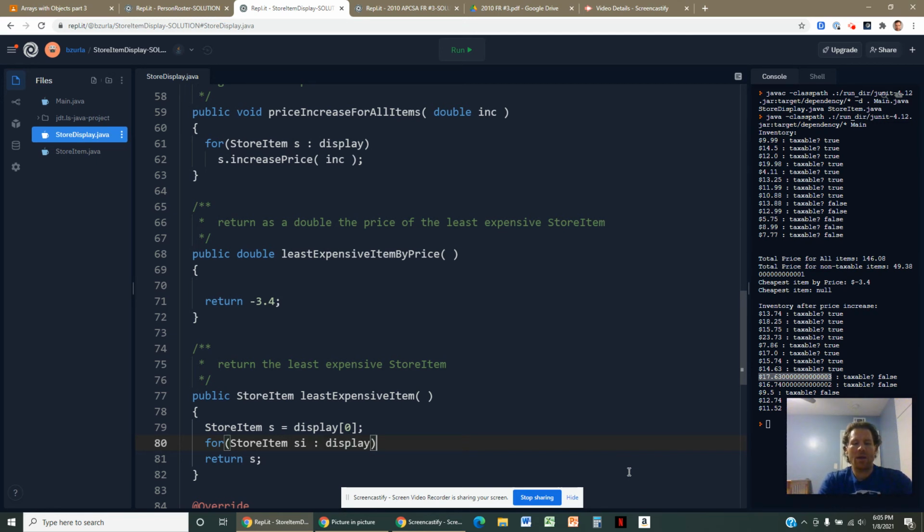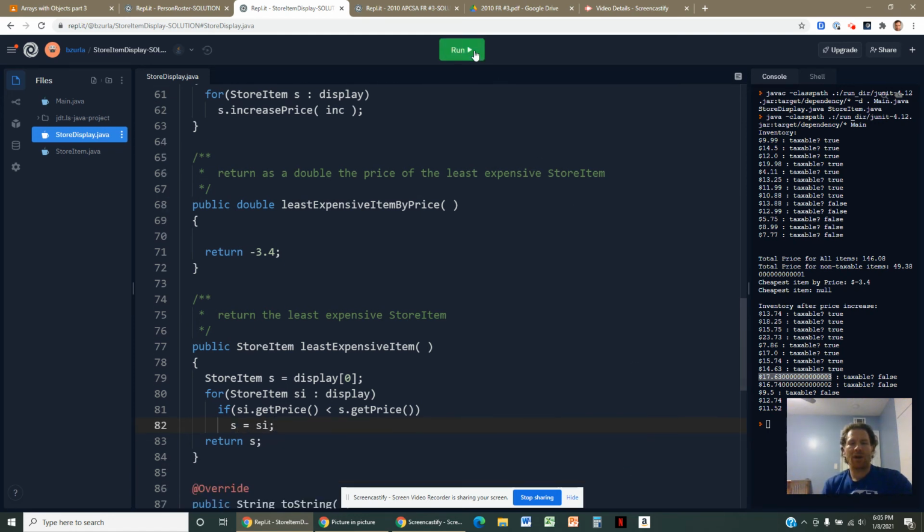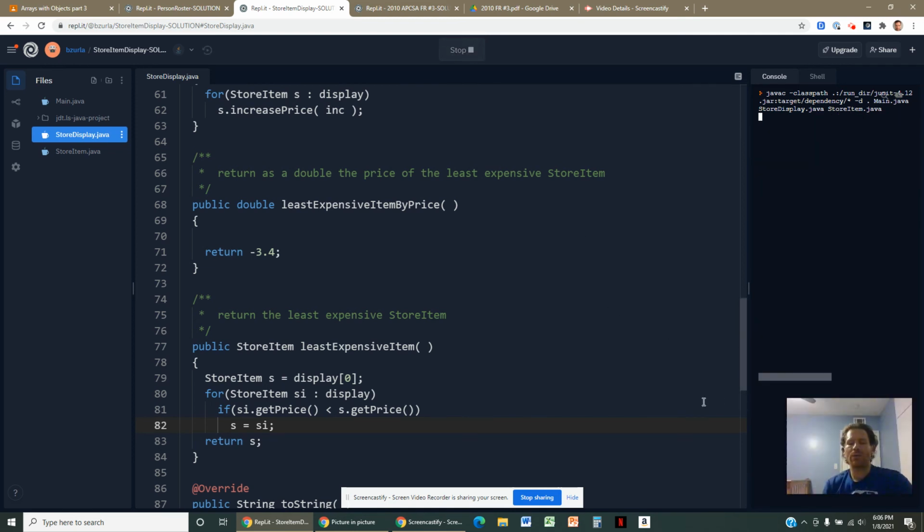Okay, and we're going to ask a question. We're going to ask if this store item has a price that's less than the other one that we're tracking. And if it is in fact less, then we're going to swap it out, okay, because we got the wrong one. And then in the end, we should return the least expensive item. Now, I was mentioning a second ago, I said we'll do something a little bit creative here. So what I'm going to do is,